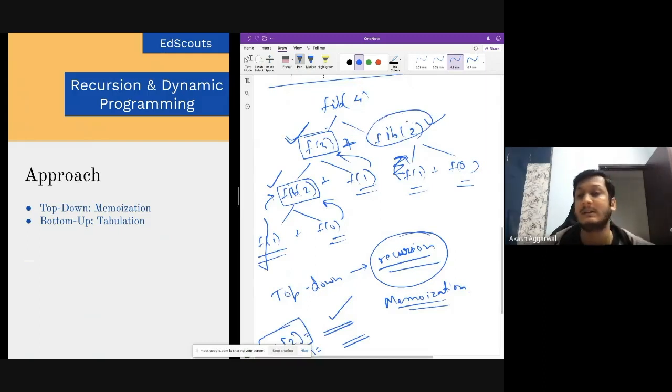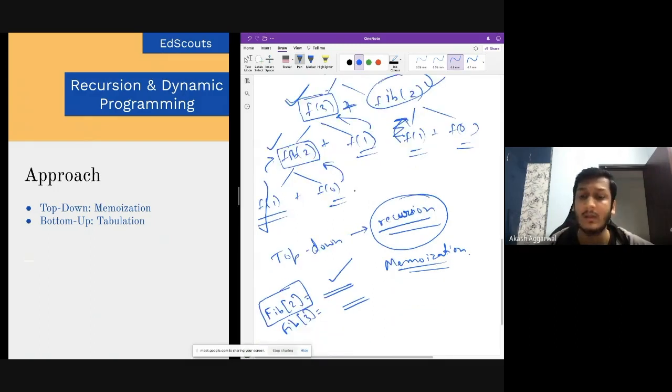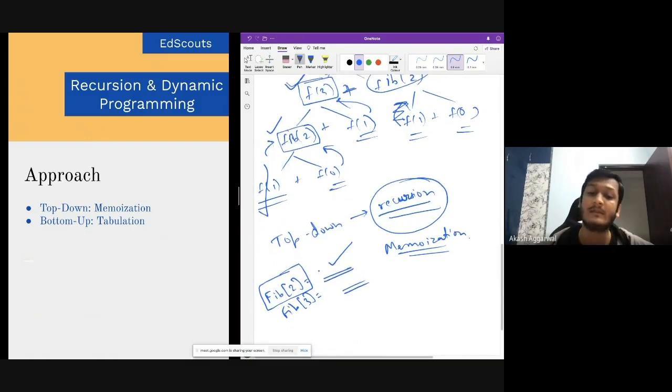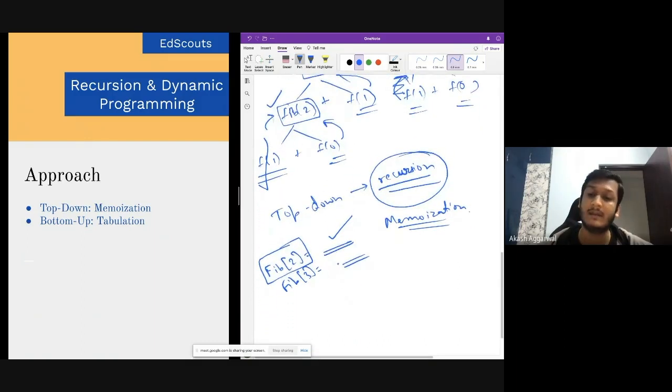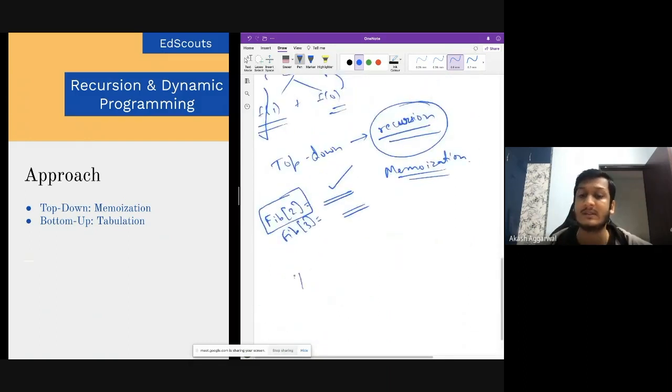So for example, if you see dynamic problems, wherever you are finding this recursion kind of problems, there may be a chance when there are many branches, it will go to exponential time, but you can reduce it to polynomial time in a very efficient manner, just by storing these computations, because every computation will be done only once.